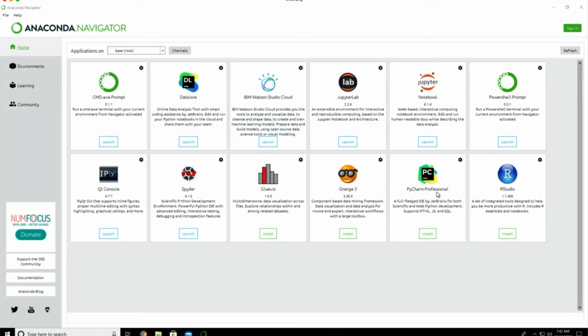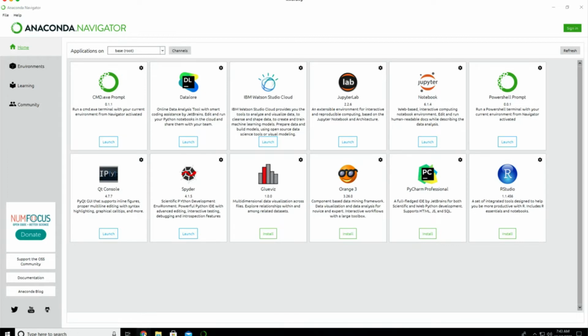You can see PyCharm Professional here, but I'm not interested in Professional. You can use Community Edition for serious application development as well. In some extreme cases, if you are supporting multiple Python projects, using the Professional Edition can be a lot more productive. At that time, you can opt for the Professional Edition. For now, we will just use the Community Edition for the demo purpose.